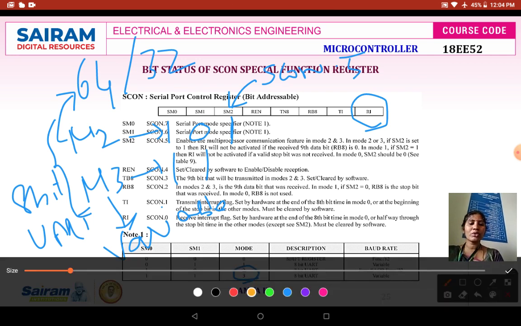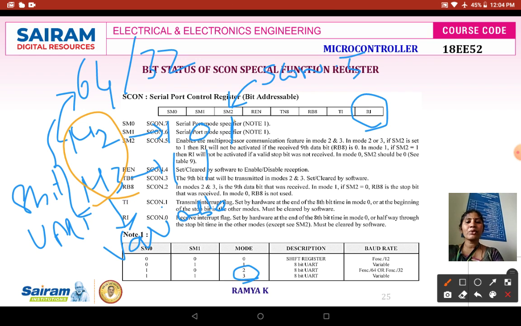Between these two modes of operation, if SM2 is set, it establishes communication in this particular feature. Suppose you are setting this SM2 as 1, it will not activate your RI. RI is nothing but receiving interrupt. Suppose the 9th bit, RB8, that is the receive bit, is going to be 0.